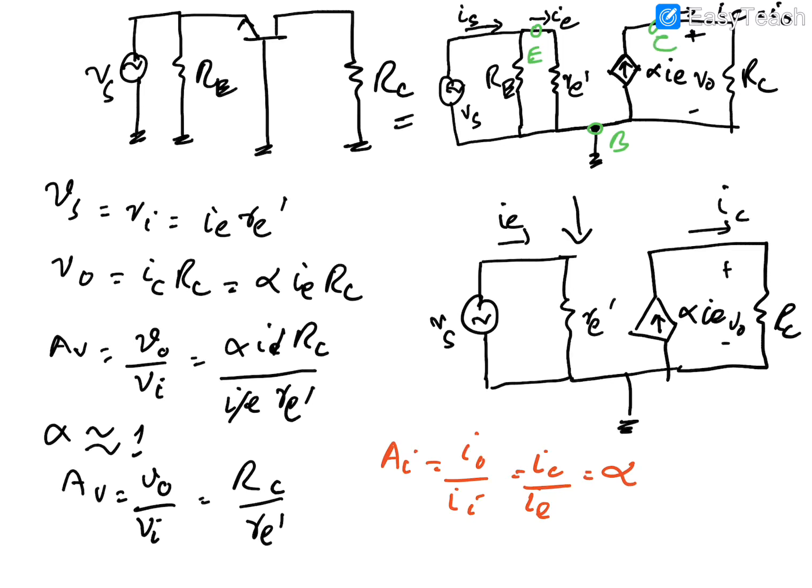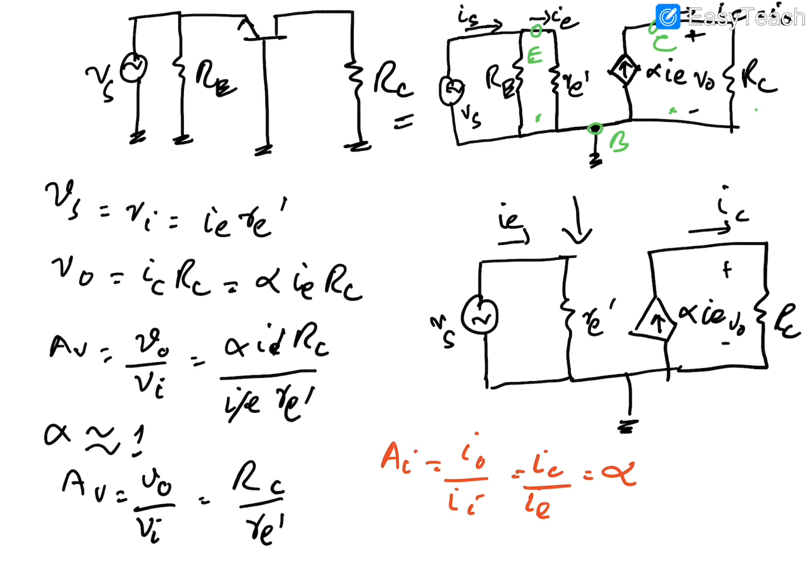First we will see what the values of Vs and VL are, because we have to find the voltage gain. The open loop voltage gain will be from this side to this side. The open loop gain AV will be equal to V naught over Vi, but the overall voltage gain AVS will be equal to VL over Vs. So first we are considering the open loop gain, which will be calculated from V naught to Vi.